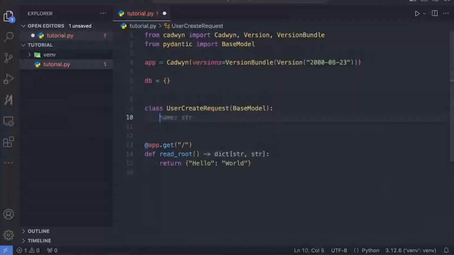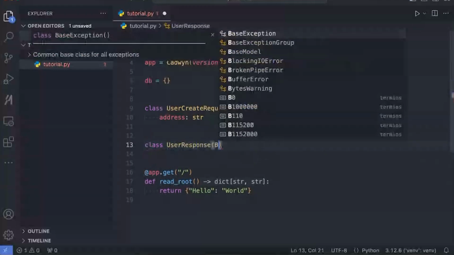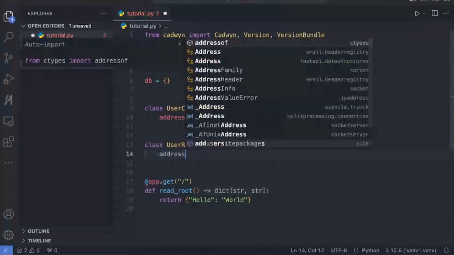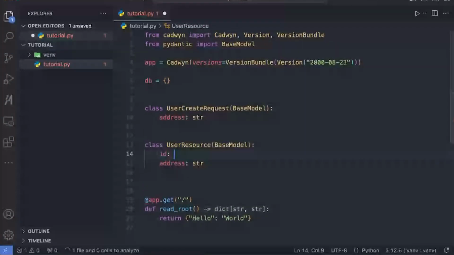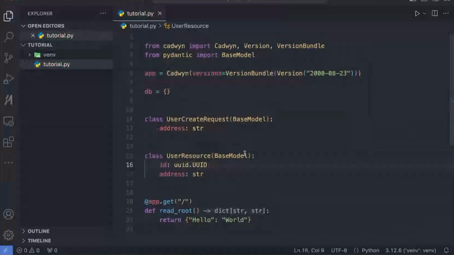Let's say that our users have an address. Let's not go to the names. And then let's say that we also have a user response, or actually how we prefer to do it, a resource, which will also have the address, which will also have an ID. We'll use UUID here for simplicity, but anything goes.